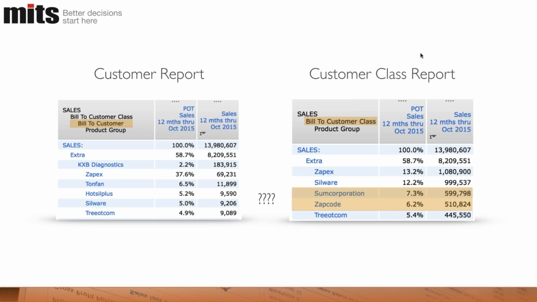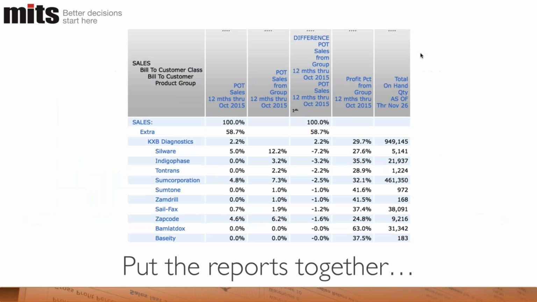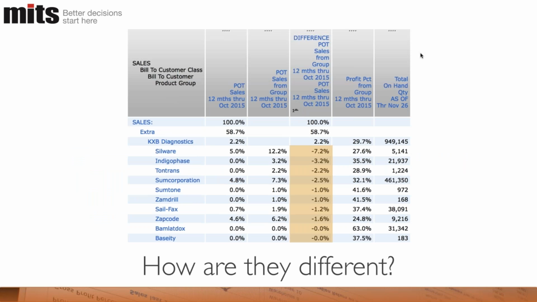Now, going line by line through those reports is doable. It's great. We have the information there. But in an ideal world, what we do is we put the reports together and then we calculate the difference